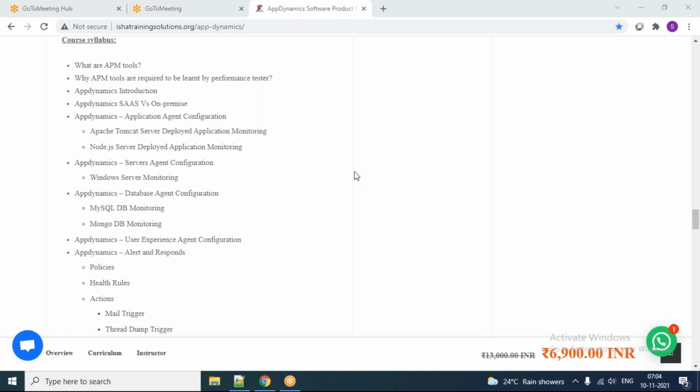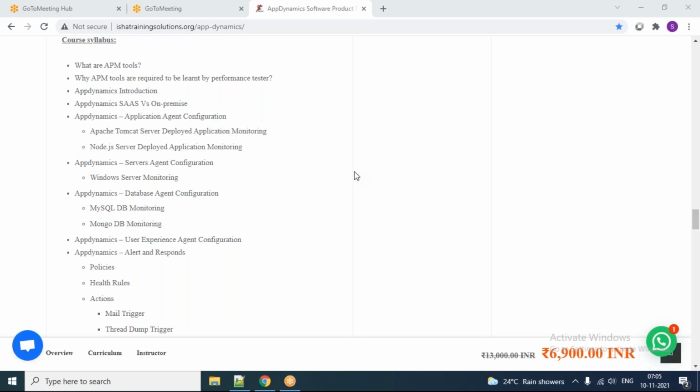The first one is, what are APM tools? Because mostly what is happening, many people who are working in this industry did not have the understanding of this APM tool itself, because they'll say, no, I don't know, I never came across this kind of tool. Usually people will reply like that. So we wanted to bring that understanding: what is an APM tool, and what are all the capabilities of this tool. We will discuss that.